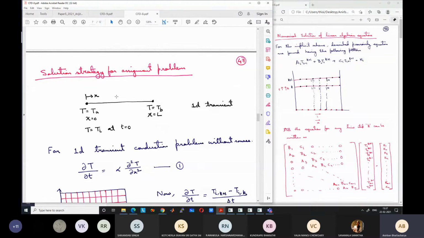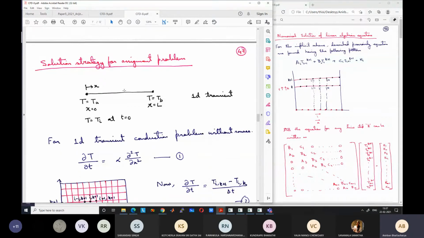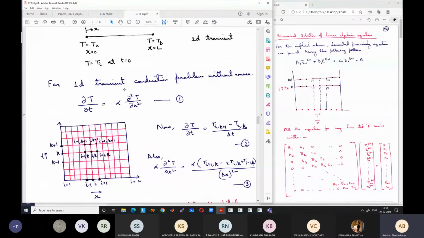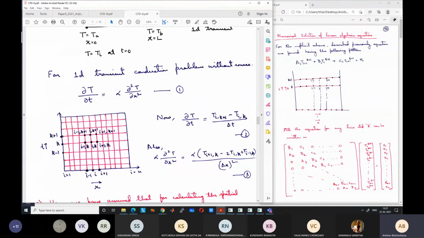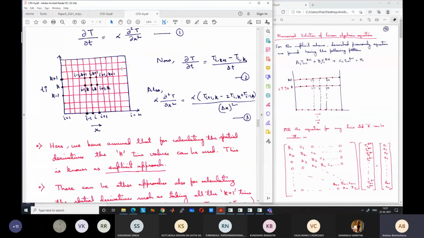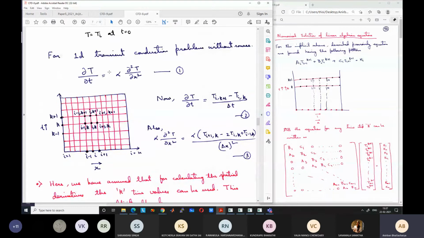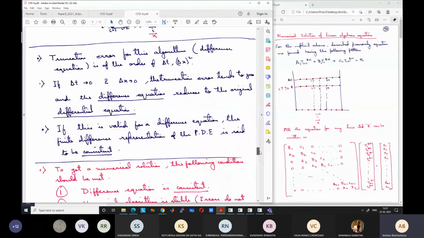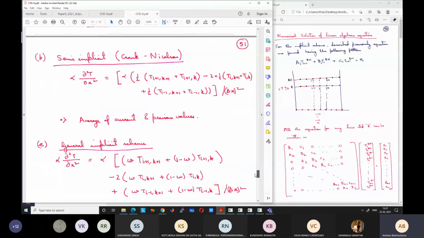So if it is dependent on time, we have noted that there can be two methods of discretization. One is known as the explicit approach, where you calculate the values based on all the old time step values. Because everything is known directly, it can be calculated. On the other hand, we can use implicit or semi-implicit method. I will not go into the details. You can read them in the notes we have already discussed.